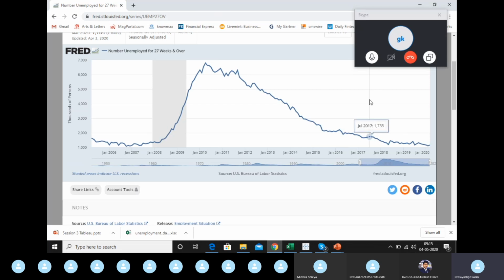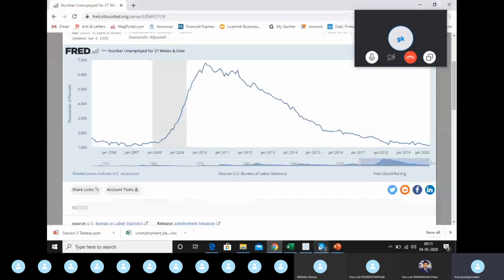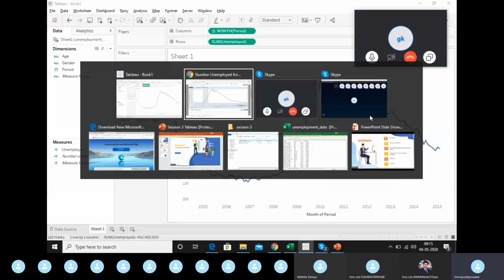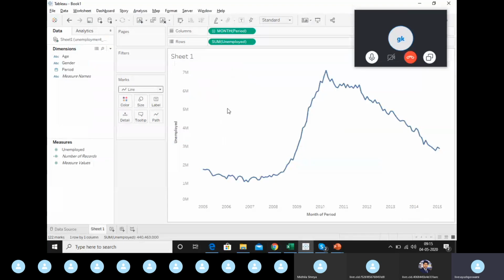And the kind of trend line we are able to see here is exactly the same as what we have plotted. So if you see that, we visualized this out of Excel, and these people are plotting it from their source. So you guys have mastered this approach, how to draw these trend lines or area charts using Tableau.